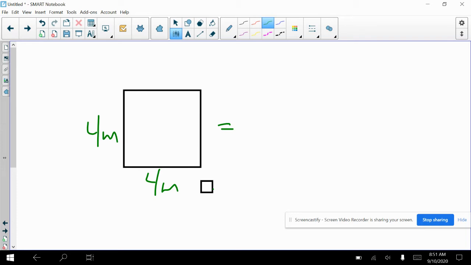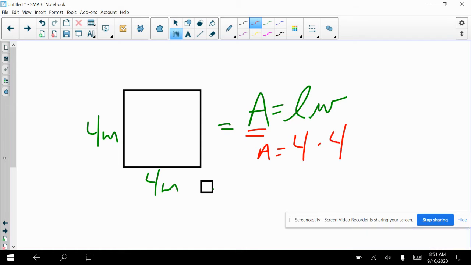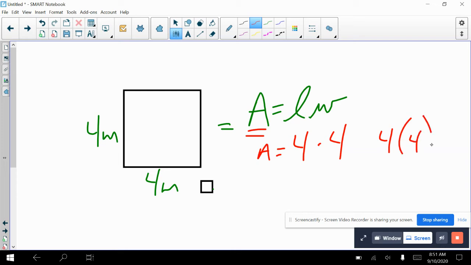If they're asking you to use a formula to find the area of the figure, the first thing I would do is write the formula. By writing the formula, all you have to do is plug in the numbers where they go and follow the order of operations. 4 times 4. You could write 4 parentheses 4. The area of our square is 16